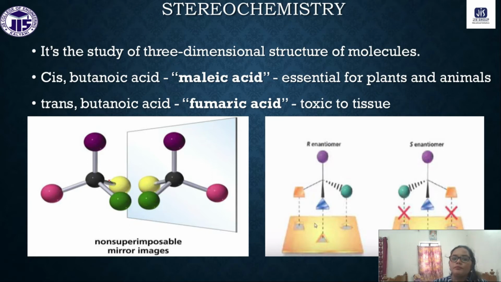Malic acid, the cis butanoic acid, is essential for plants and animals, but the fumaric acid is toxic to tissue. These are the two different configurations we have. The substrate with one configuration is helpful for us, and the substrate with the other configuration is toxic